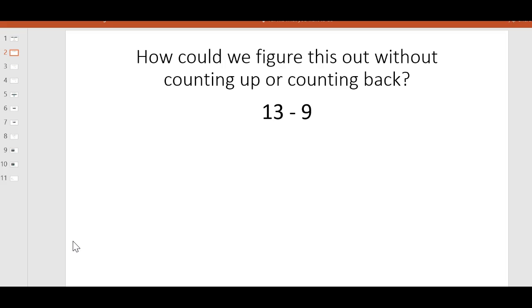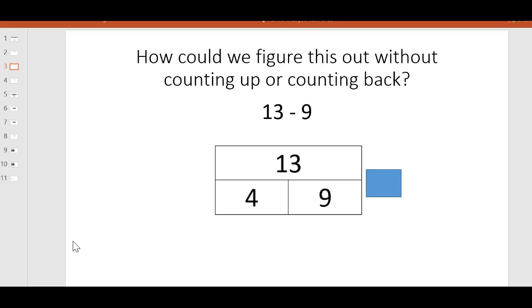So let's start with 13 minus 9. If I were going to work with students, the very first day I would probably just ask, how can we figure this out without counting up or counting back? And one of the ways, if you gave them a little bit of time to think and perhaps either have 10 frames out or a Slavonic abacus or a couple of 10 stacks of cubes, the students might, even before